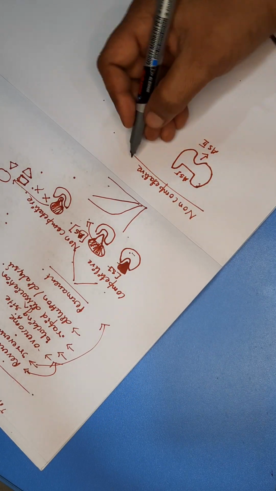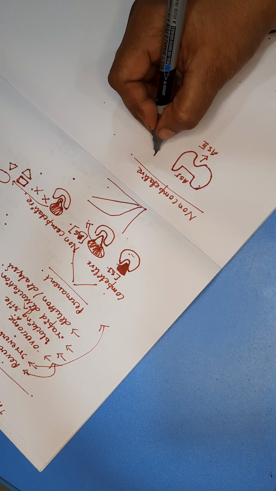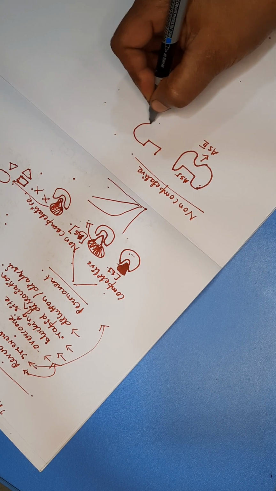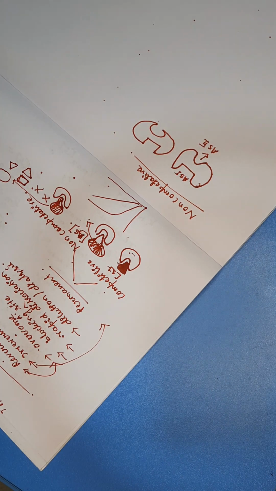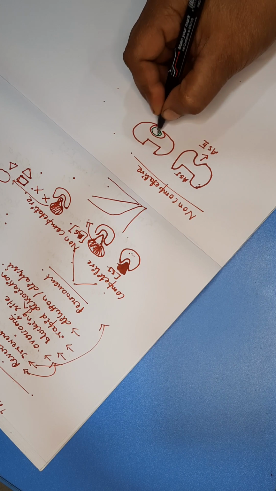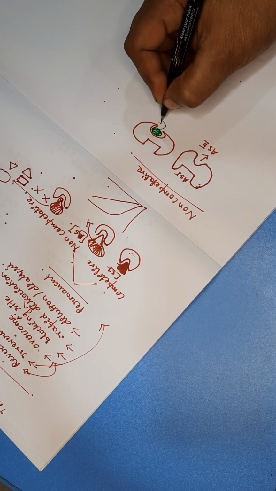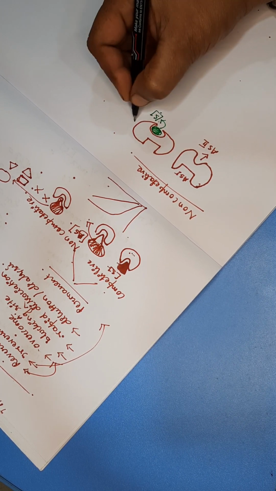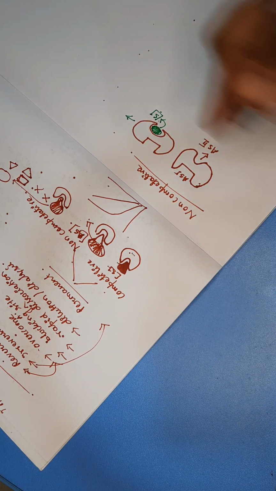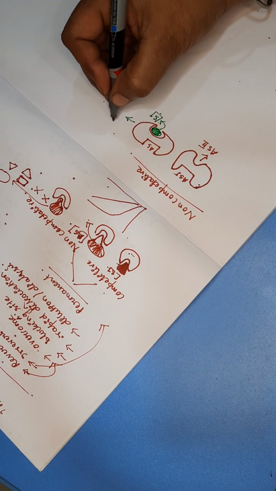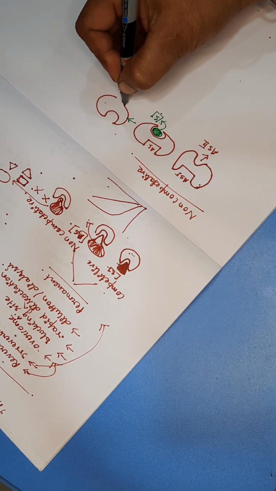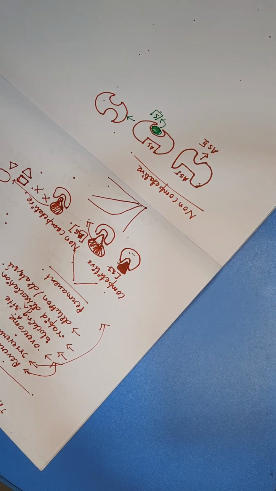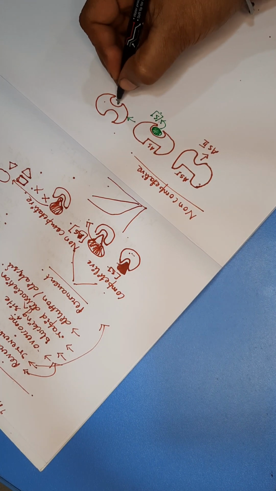So once a particular substrate binds to this second active site, it will bring about a conformational change in the actual active site. Now this actual active site will become like this, and already in the second active site you will find that the